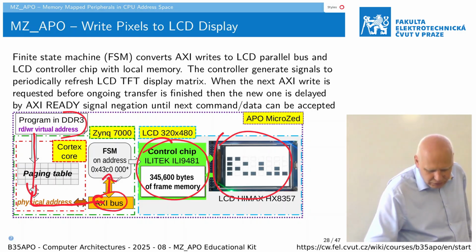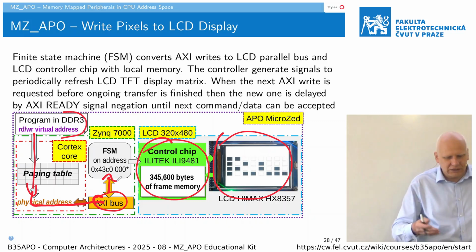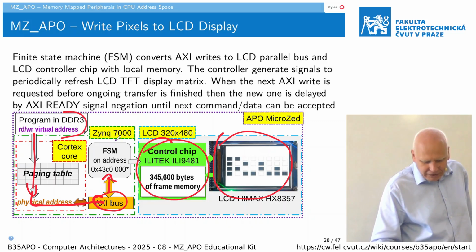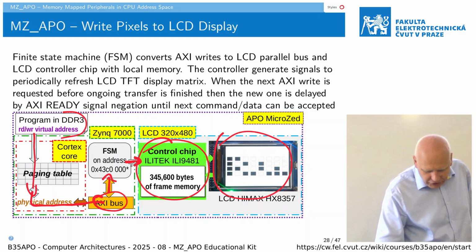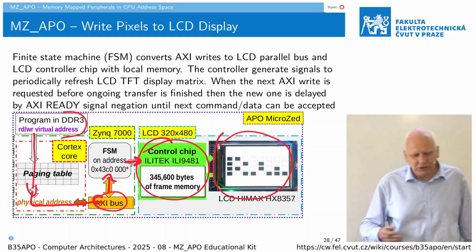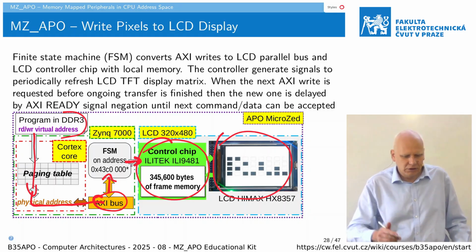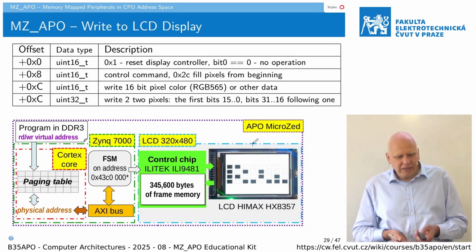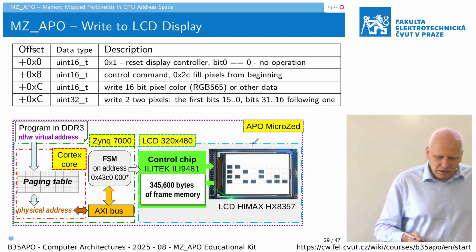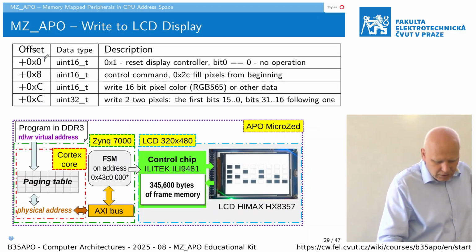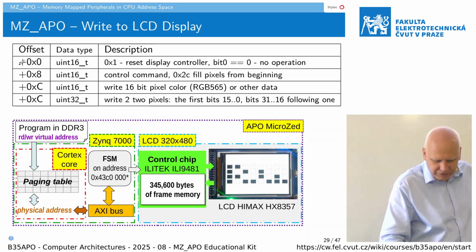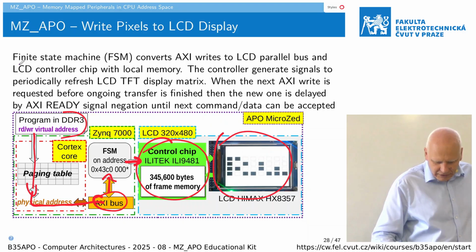The AXI bus gets to the peripheral, which we have designed for this purpose, and this peripheral then ensures the correct communication with the chip, with the controller on the display. So basically, we have in fact 3 addresses which are usable in the physical address space. So we start at this address